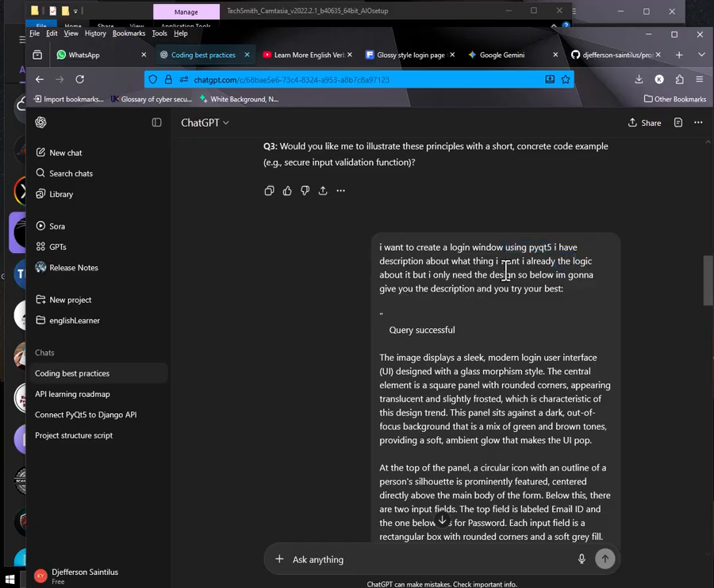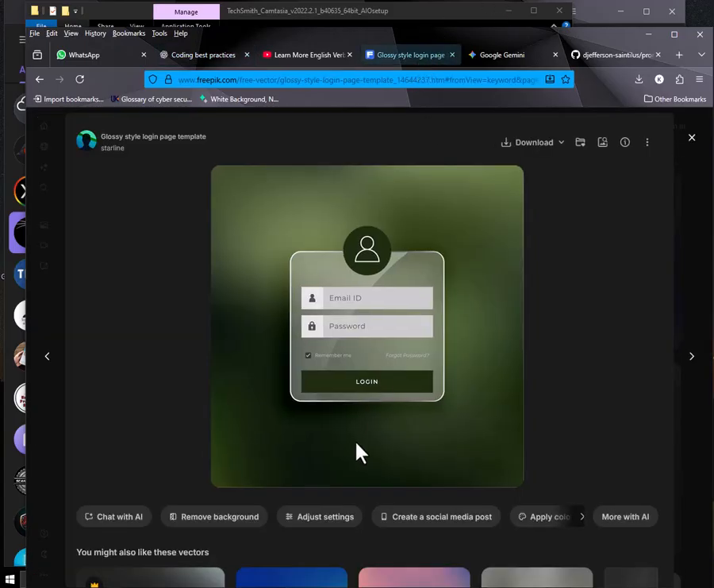I already have the logic, but I only need the design, because for the login form I want, it's only the design. I already have the logic side to do the thing. But today we're not going to focus on the logical side. We're just going to focus on the design. So that's why we start with the design, because you know,